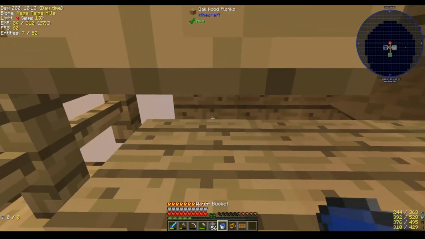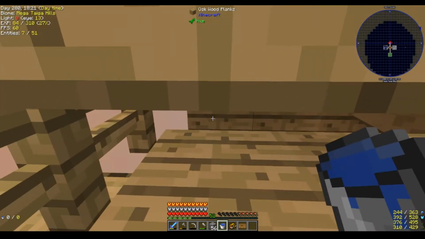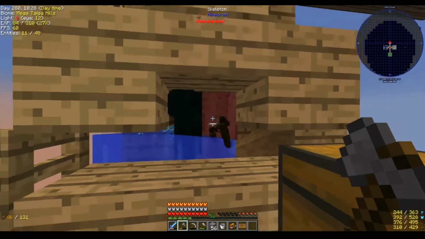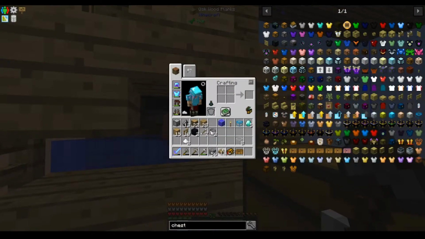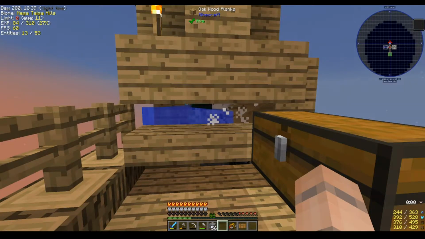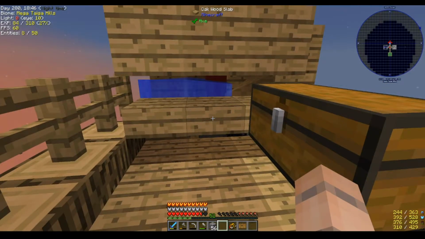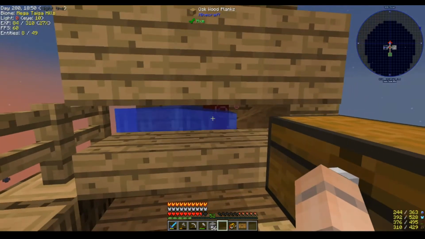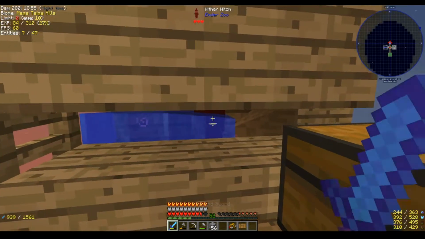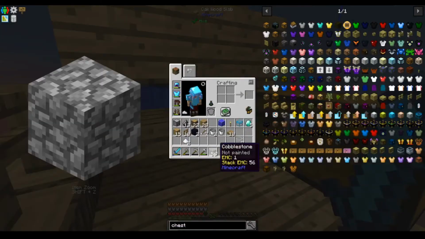Water bucket goes here. And this is all because if I put a hopper just under a wooden spike, it won't pick up anything. However, if I put the water bucket there, and I take that out. Ow. And that's why I want to put that slab there. Now it should be... Yes. So the hopper is picking everything up that drops from these guys. Except the experience, and that's just gonna be...